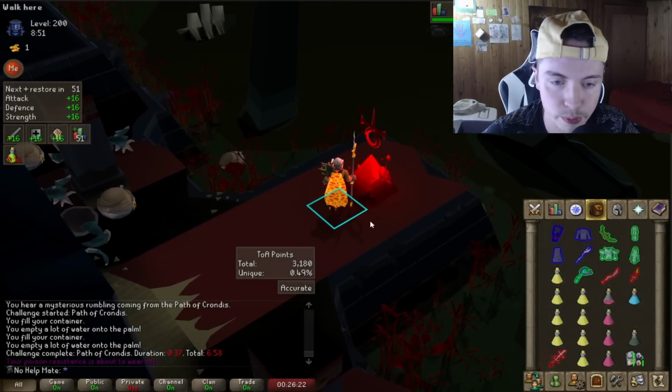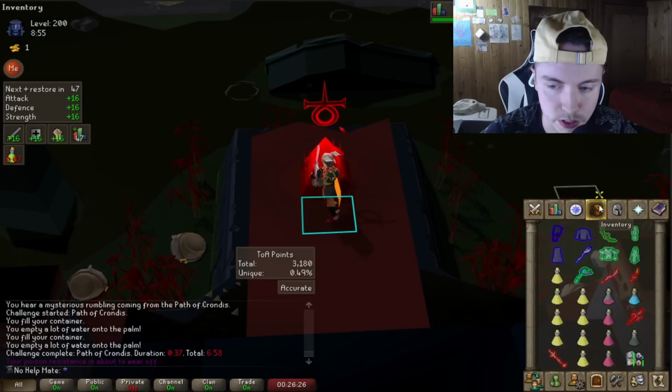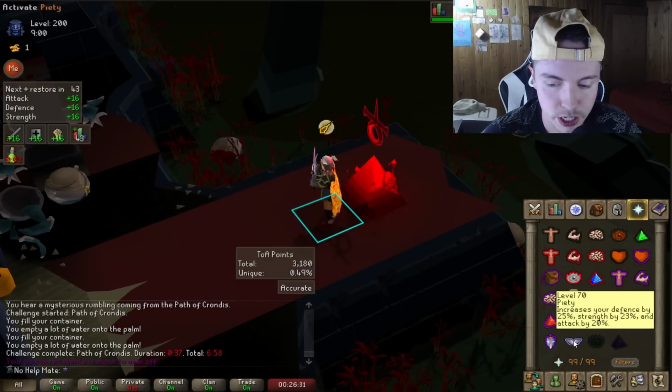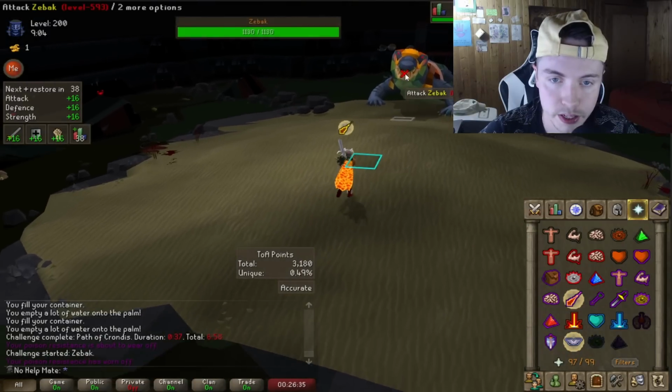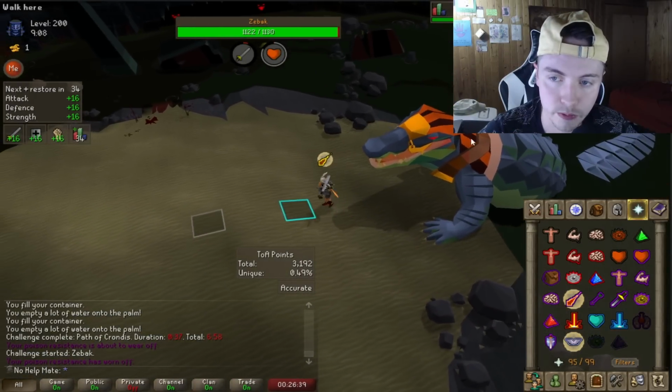Okay, so now for this room, I usually like to spec with the whatever this is called, the Bandos godsword first. So we're going to put on Protect from Magic and Piety, and then just enter the room. Run up to the boss and spec him. Bad spec, run away,